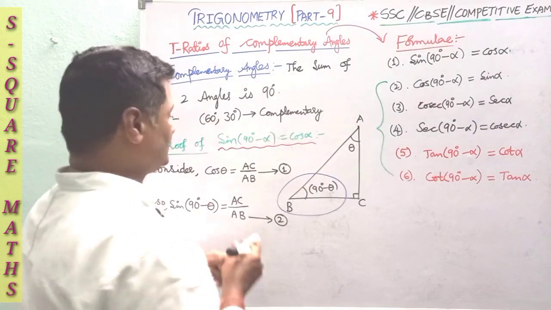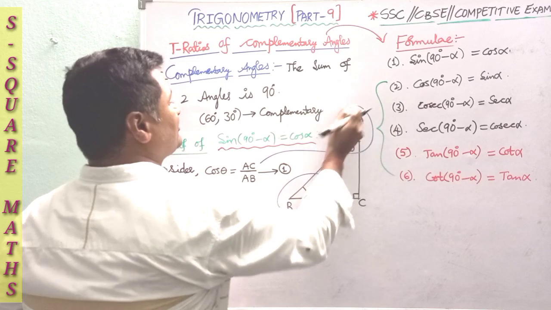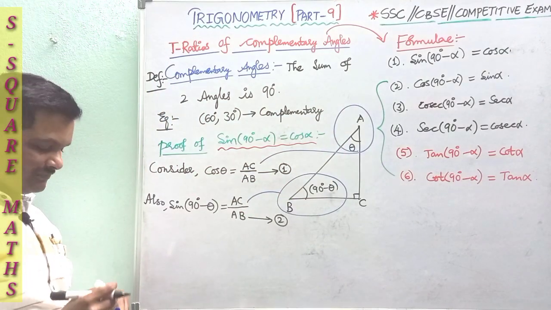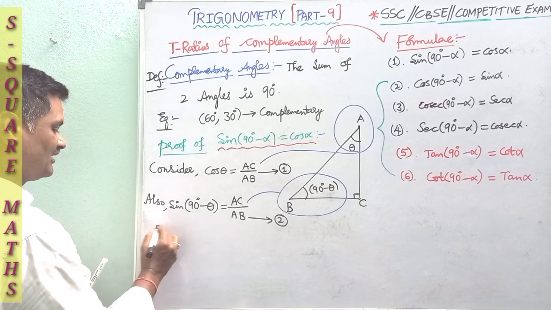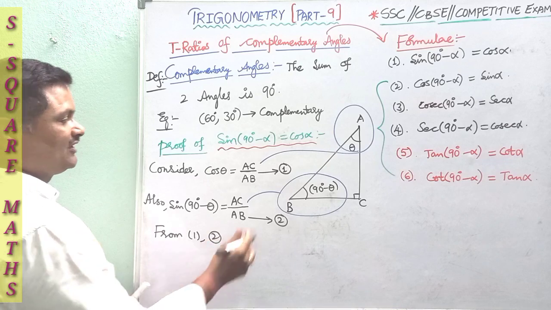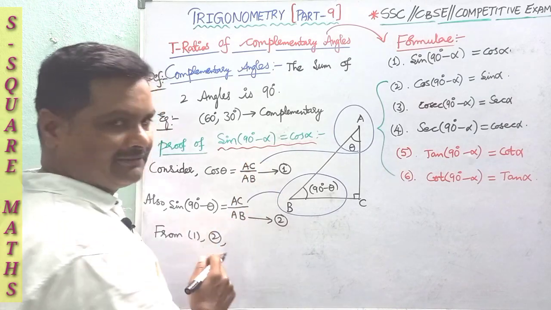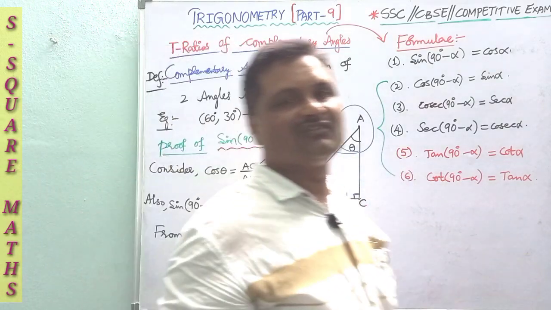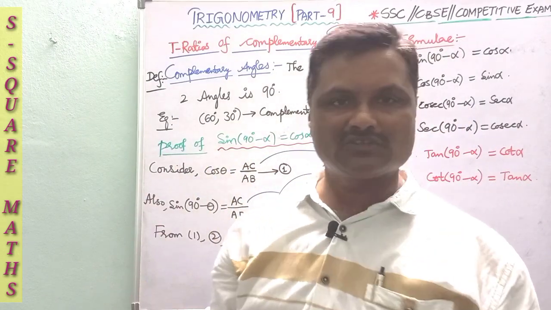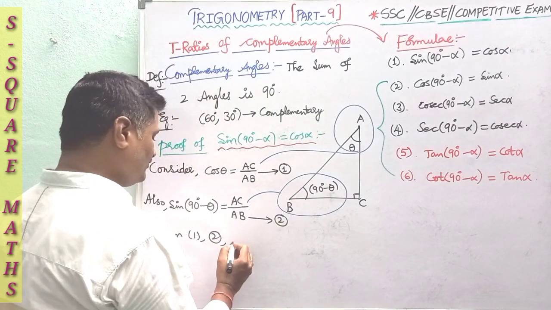Okay. So this I got here with respect to theta, this I got here like this. So from 1 comma 2, if you observe carefully, AC by AB, AC by AB. Since RHS are equal for the equations 1 and 2, then the corresponding LHS are also equal. So now from 1 comma 2 we have